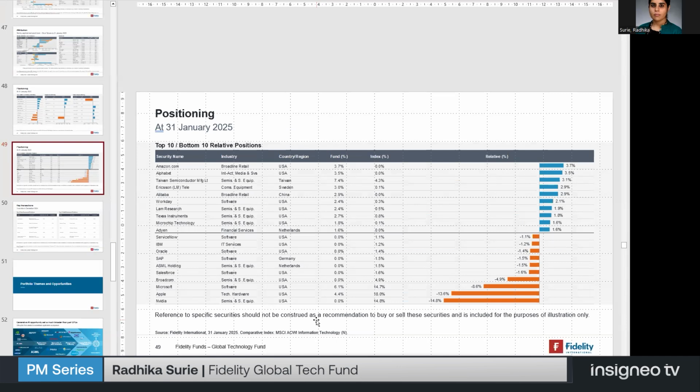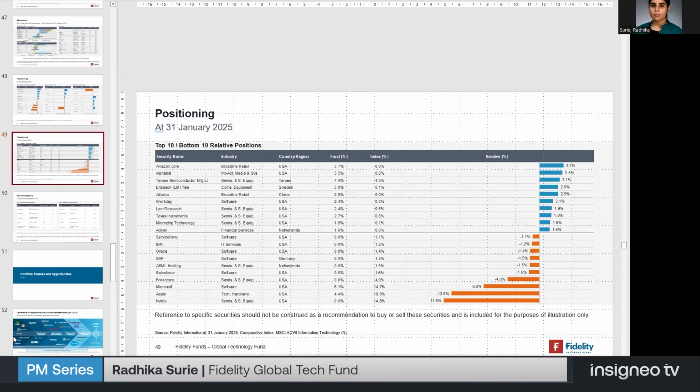So you do need to think about the space as a whole when you're trying to decipher whether 100 holdings make sense or not. And there's no lack of conviction building because if you think about the position in TSMC, for example, it's about a 7% position in the fund. So when there is conviction, that is expressed. And equally, if you think about the underweight in NVIDIA, which is about 14.8% of the index, that also reflects conviction. So there's no lack of ability to show conviction.